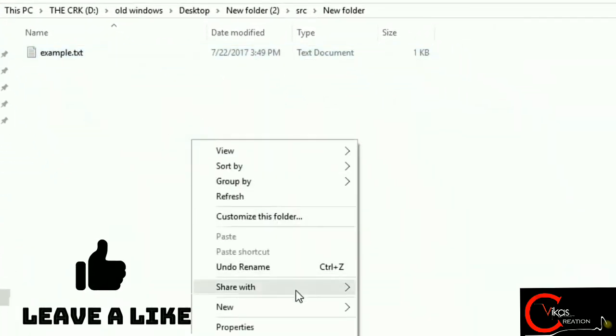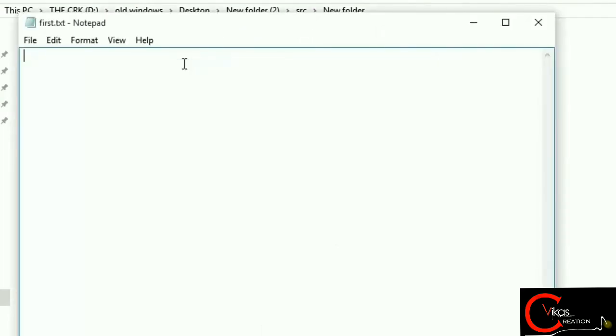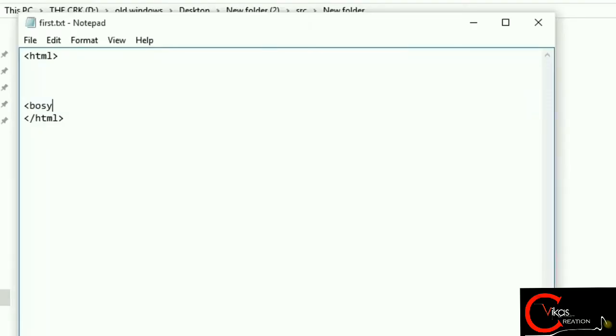Now we will create another file because we have to call a file called first.html. So write first, and in this we will just write some simple information. For example, we will start our HTML and close our HTML. Then in the body section we will use any heading tag.